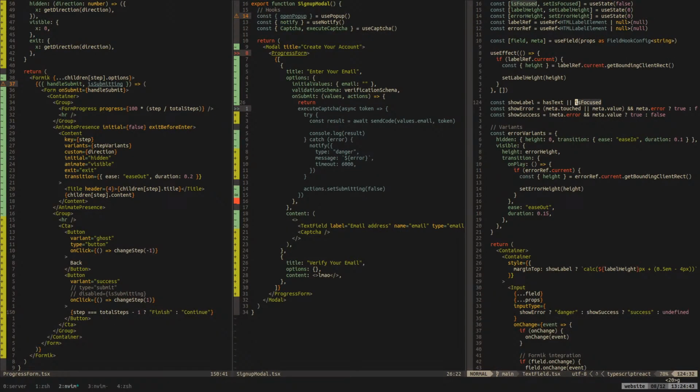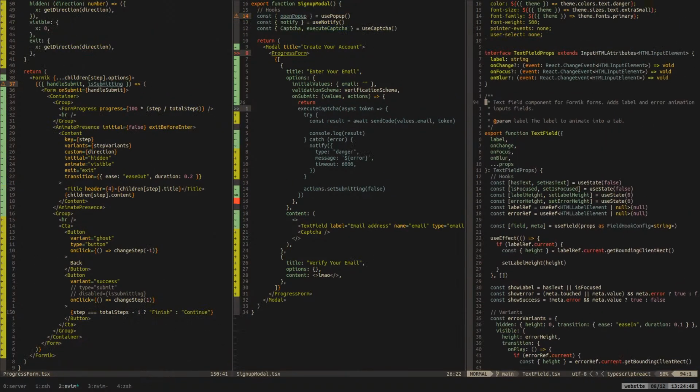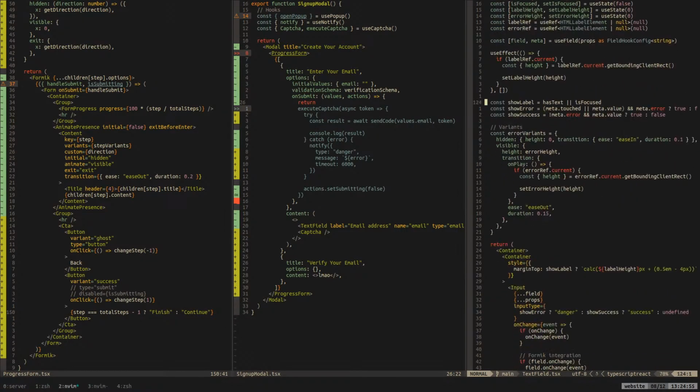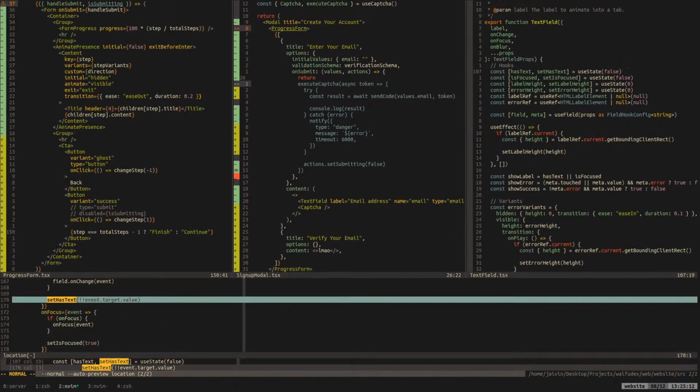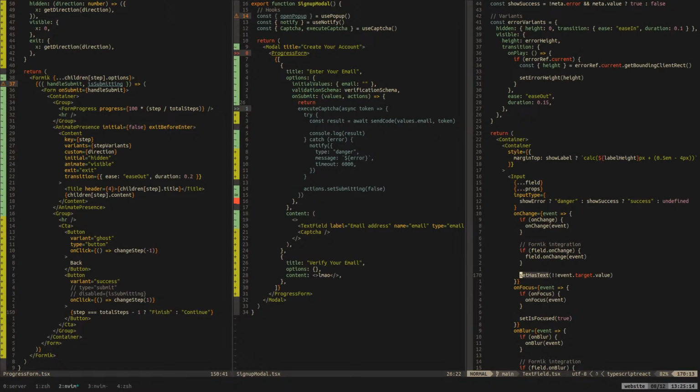What about is focused? What? Okay, interesting. That's weird. Oh, it's because we need to actually set it instead. Okay, now where are these located? It's located only here.